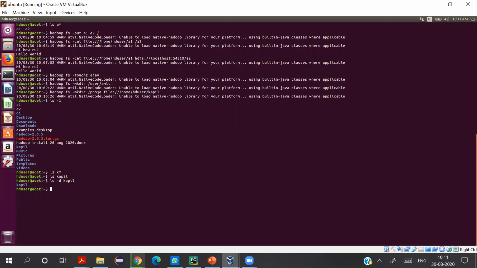For example, I can show you maybe the downloads directory. So if I write here ls downloads, it will display what all is present in downloads. You can see there is only one file present in downloads, one doc file. But if I want to list the downloads directory itself, then I need to write something like this. It will list the downloads directory.